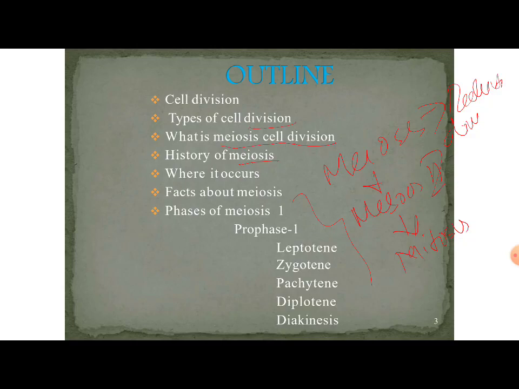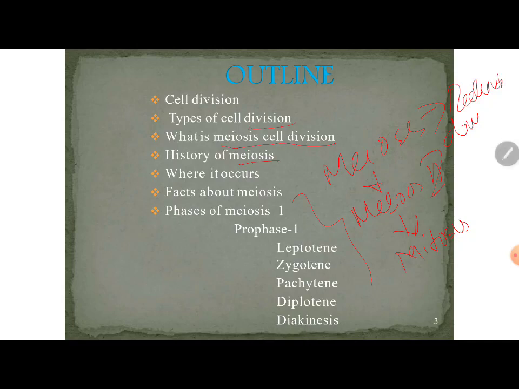When you take a zygote, it has the paternal genes as well as the maternal genes. There is a mother's chromosome as well as the father's chromosome. Both are available. But when you see a newborn, so many old people say it resembles someone: the eyes look like the mother, the hair like the father, the eyebrows, the nose. They try to relate the baby to the parents. This is because the genes are getting crossed over or exchanged between the paternal and maternal chromosomes.